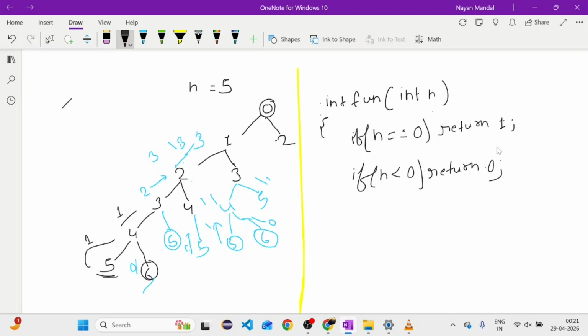At a time, if we are at a place, we have two options: either we take 1 step or 2 steps, right? So let's try step 1. I will call this function again, and here I will pass n minus 1. I have taken 1 step. Let's say that I take 2 steps.